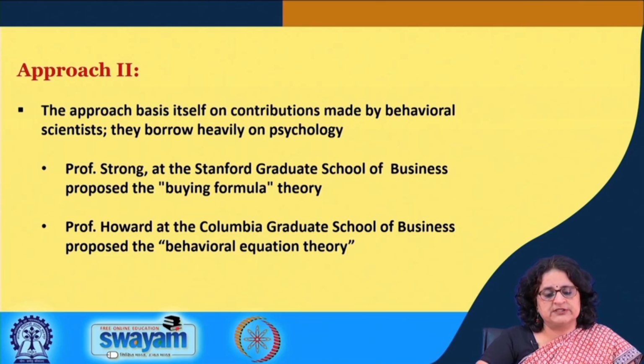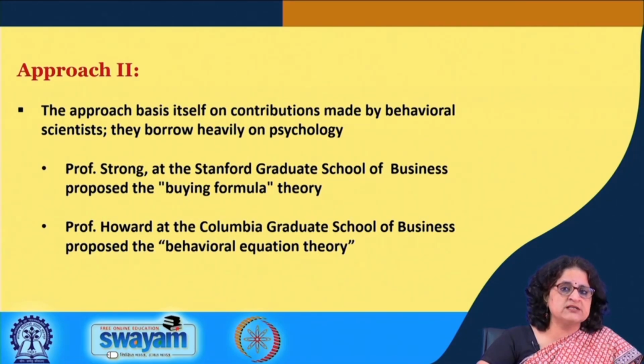that the consumer faces. Now two very famous behavioral scientists who have contributed to this approach are Professor Strong at the Stanford Graduate School of Business and Professor Howard at the Columbia Graduate School of Business. Professor Strong proposed the buying formula theory of selling, which basically spoke about the different mental processes, or the cognitive processes, which take place within a prospect's mind, and how the salesperson must draw insights into this so as to be able to